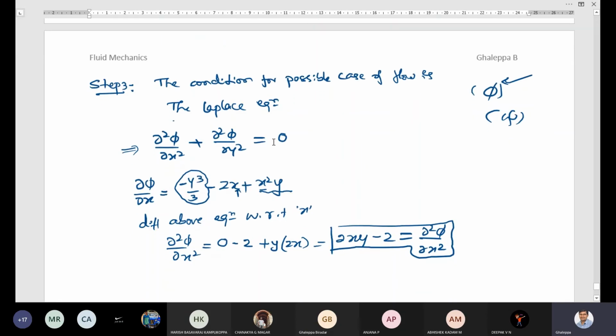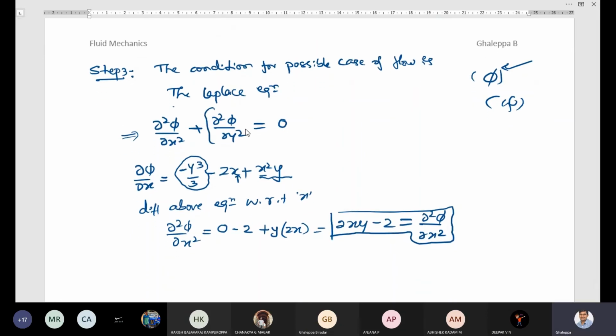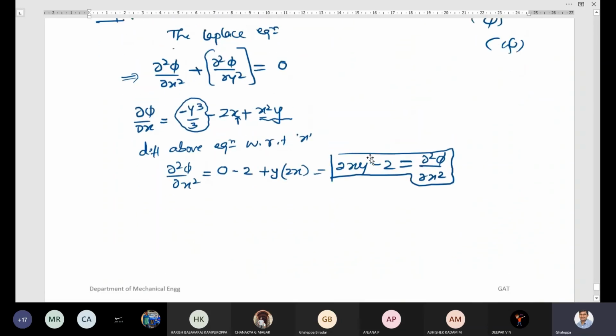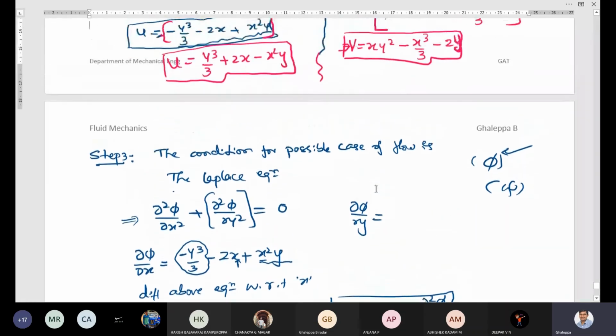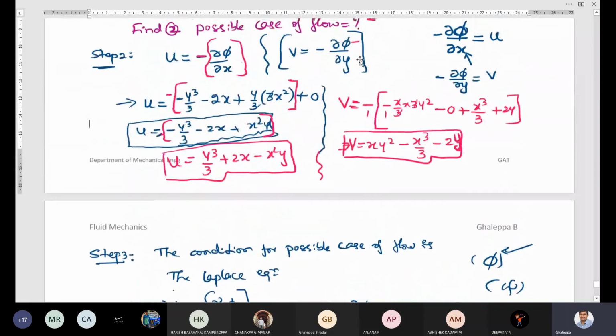Similarly, you need to calculate the second order derivative in terms of ∂²φ/∂y². So for that reason, shall I write on the top of the page, so that it will be visible for everyone easily. So ∂φ/∂y, we already know the function of ∂φ/∂y in step number 2, I think. Where is the ∂φ/∂y? Yes, it is there, but I will not take minus. This minus is for velocity v. So I need only this term within the brackets.